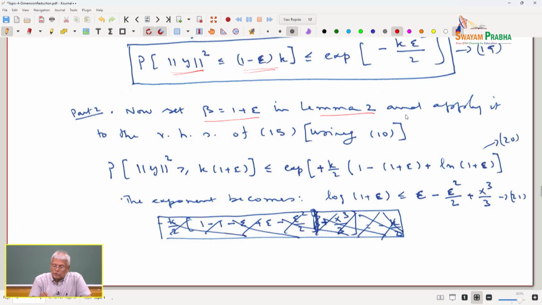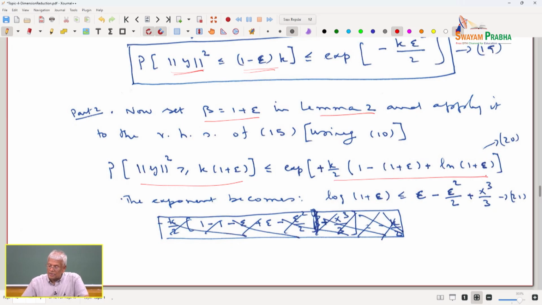So set beta equal to 1 plus epsilon in lemma 2 and apply it to the right hand side. So the probability of the ratio z square being greater than 1 plus epsilon is equal to the probability that the square of the norm of y is greater than or equal to k times 1 plus epsilon,